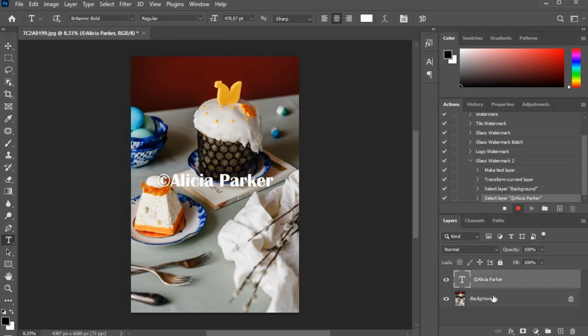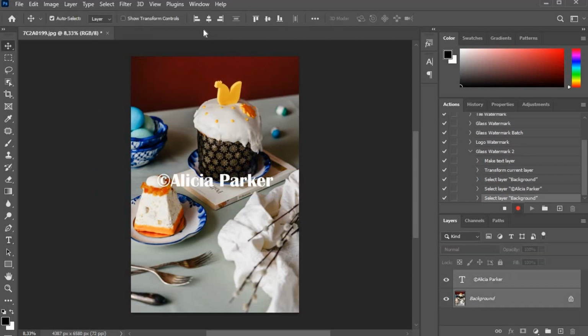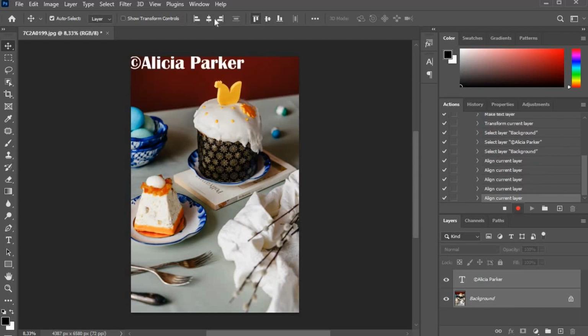Select both layers by pressing Shift and clicking on the second layer. Choose the Move tool and make use of the alignment buttons in the main toolbar. Alternatively, you can simply reposition your watermark with your cursor. Select only the text layer